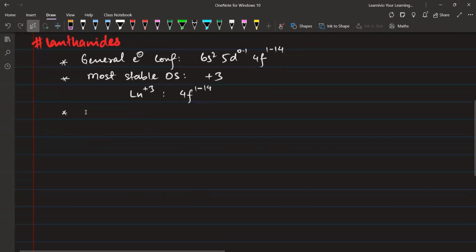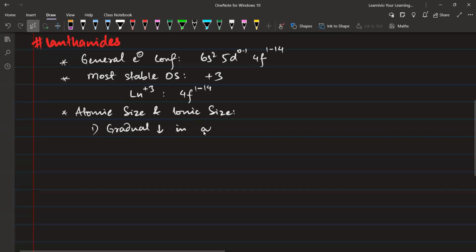Next point is regarding atomic size and ionic size. So basically, first of all, as we move through the lanthanides, there will be a decrease in the atomic size from lanthanum to lutetium due to lanthanide contraction. Lanthanide contraction पहले ही discuss हो चुका है in the D block element. So first point is gradual decrease in atomic size